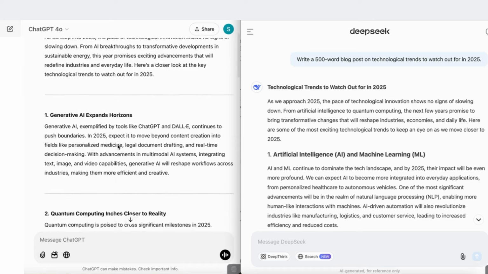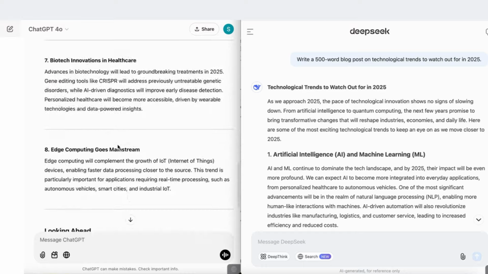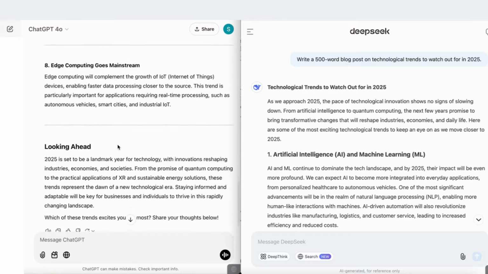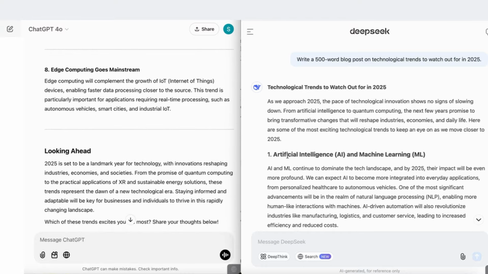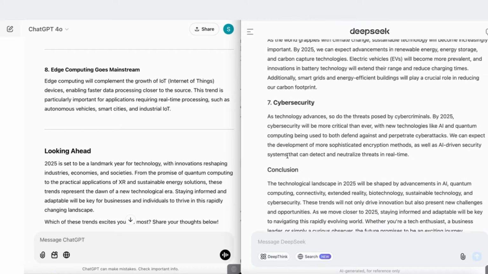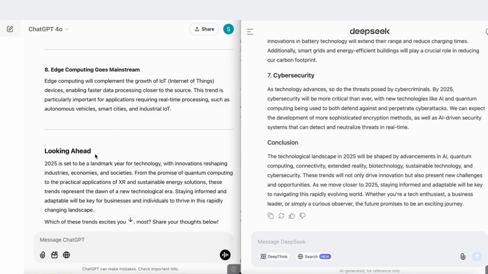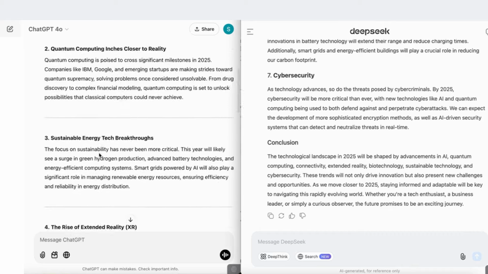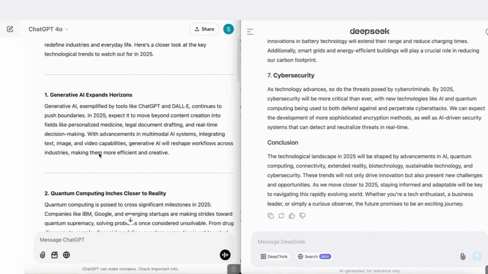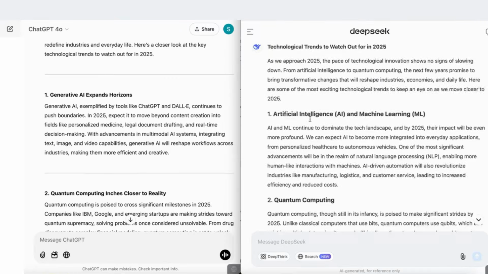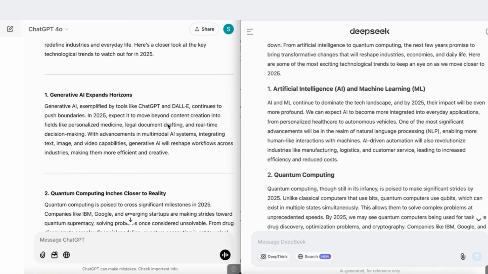of the tone, in terms of the style. Okay, so if we just skim quickly through the output here, we've seen that ChatGPT has come back with 8 different areas to focus on, and we can see that Deepseek here has come back with 7 main areas and a conclusion, and here it says looking ahead in ChatGPT4o, which I like better actually. Okay, so let's take a closer look at each of the sections. So we've got generative AI expands horizons, and here we have artificial intelligence and machine learning. So definitely the title from ChatGPT4o is more appealing and definitely takes on the tone of a blog post a lot